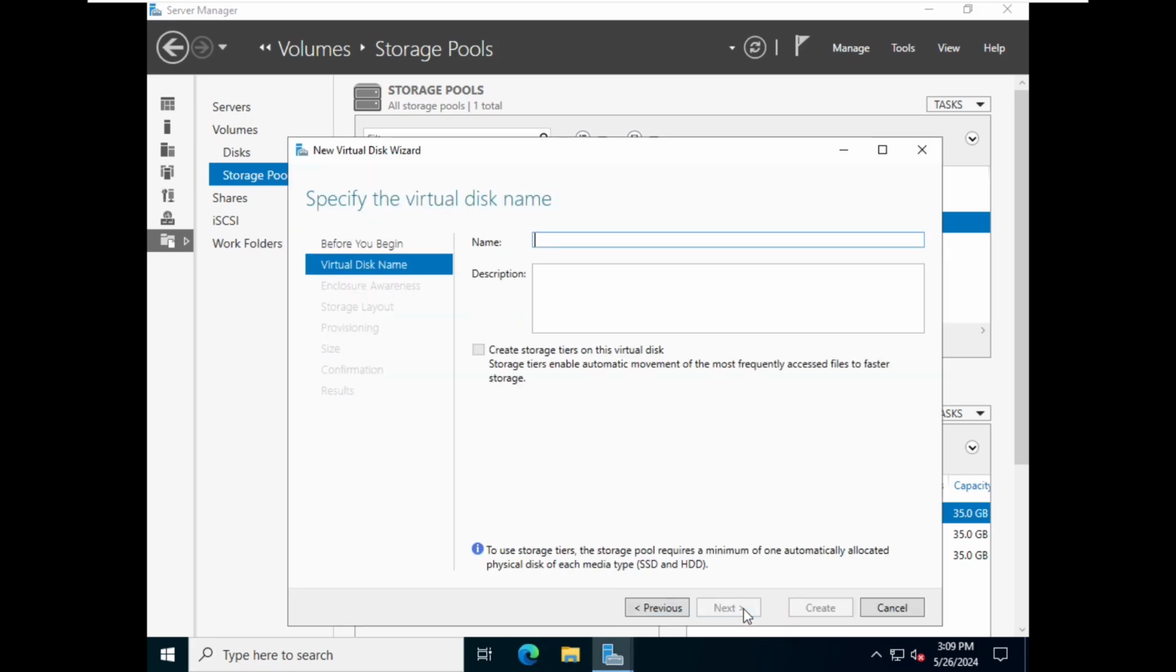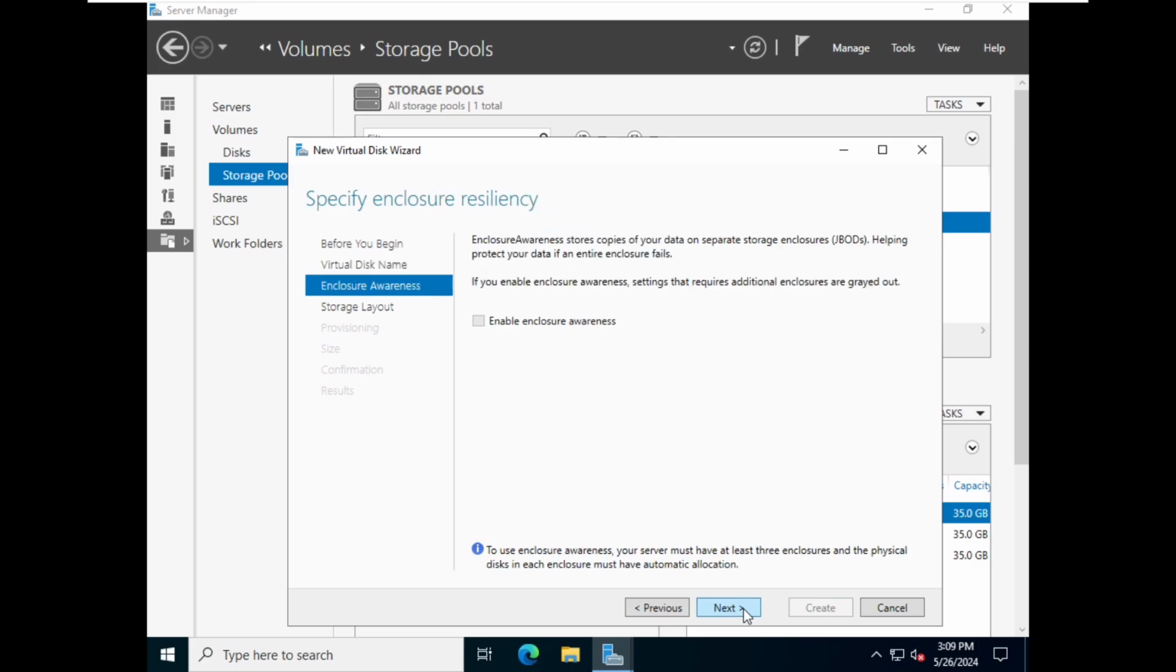So we click on next, and we have to give a name to the virtual disk. It can be anything, so disk 1 or vdisk 1. So we put it like this, and then we can put swraid. It depends on you what name you want to give, and then we click on next again,